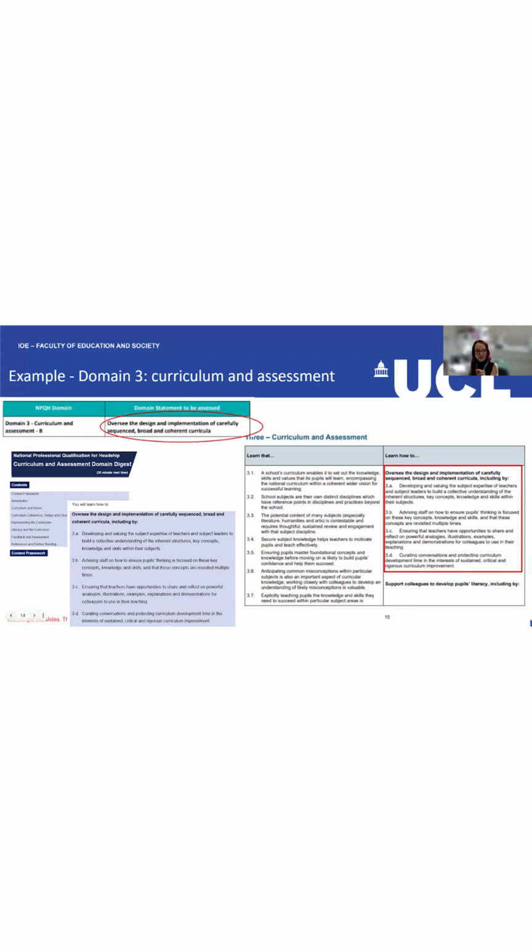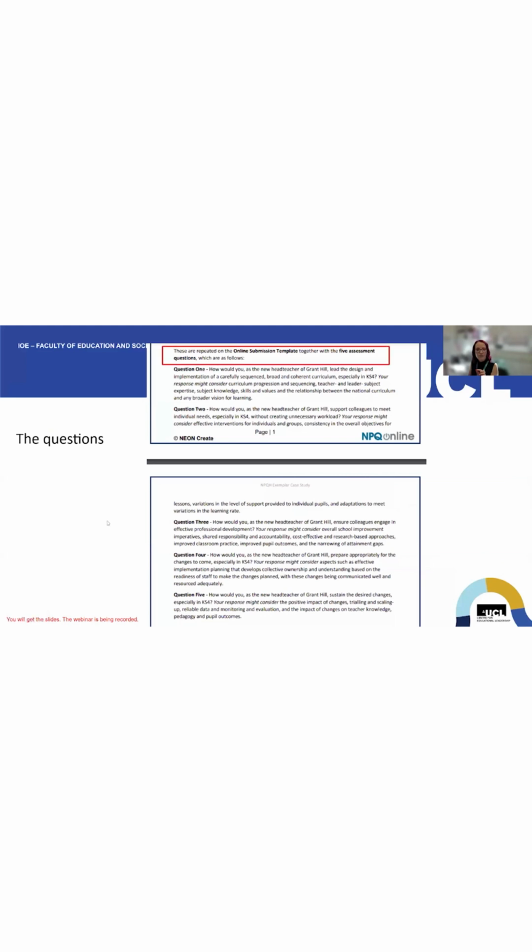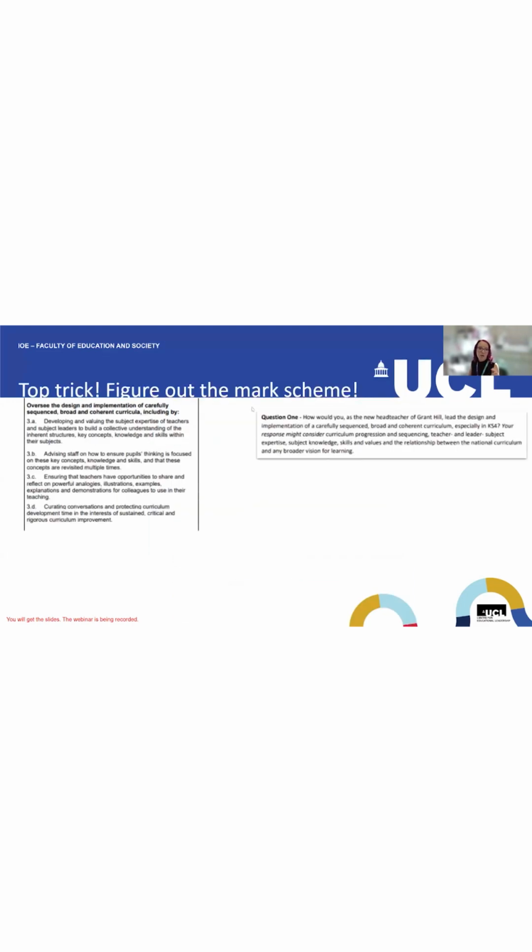We've got those 4 statements and we just need to find it on here so that we know what we're being asked to do. This is how we then use this statement here, the question and all these must consider. They've changed the wording on this. It now says must consider. These are all of the things that you need to include. It's a summary of those 4 statements that I've just told you. So we can start to plan our response and figure out the mark scheme.